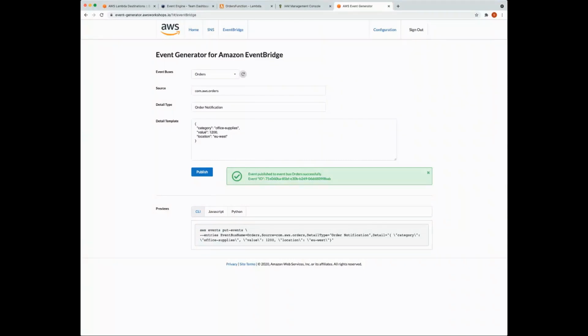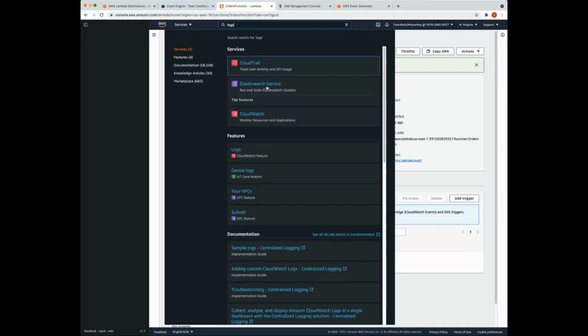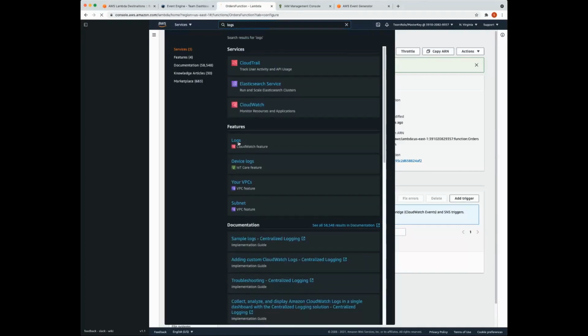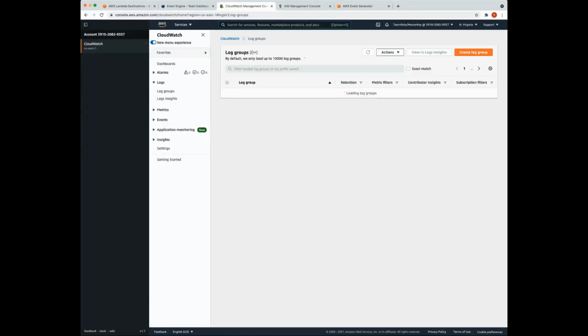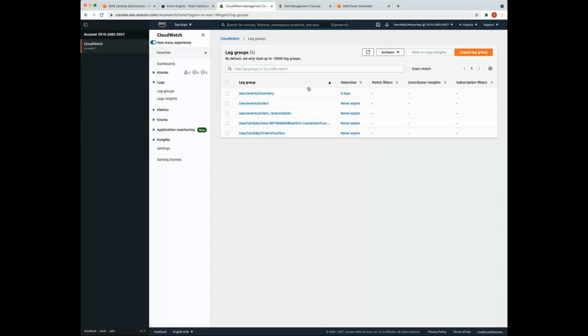And so what we're going to do is, we did talk through the flow, and the TLDR of it all is that this invocation data for that orders function, Lambda function, should end up in a CloudWatch Logs log group, right? So we're going to head to CloudWatch Logs. And we're going to look at the inventory log group.